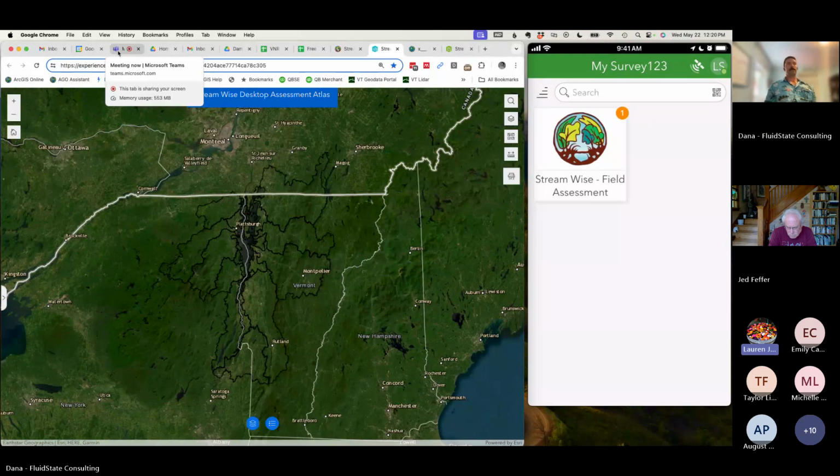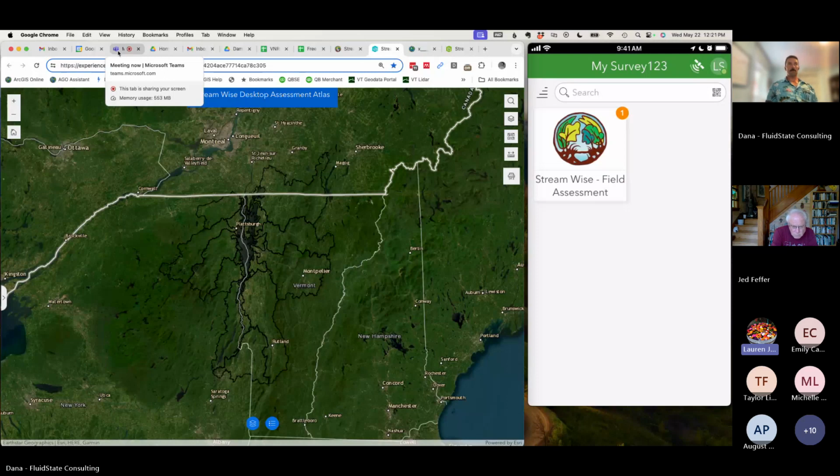This Streamwise field assessment survey is public facing. So when we give you the directions on how to download the Streamwise app onto your phones or your tablets for Survey 123, right now you will click do not sign in and you'll still be able to access the